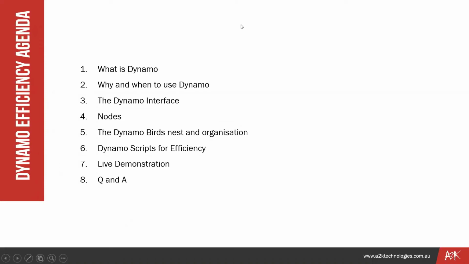So we're just going to go through the why and when, the basic interface, nodes and how to use them, how to organize Dynamo. One of the important things is how you organize it, so you avoid the bird's nest. We're then going to go through the scripts, and yes, I will put some scripts in the chat that you can take away and use to your heart's content. I'll just go through a live demonstration of a couple of those scripts,